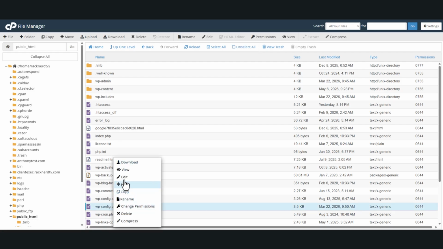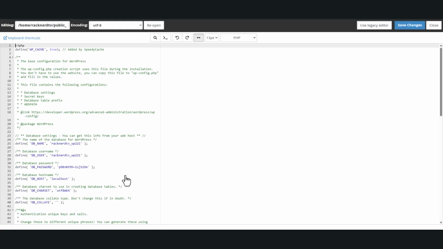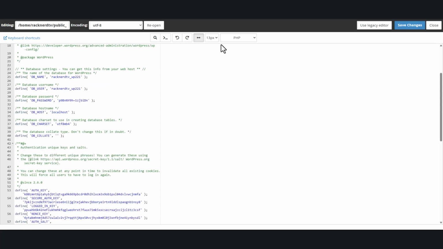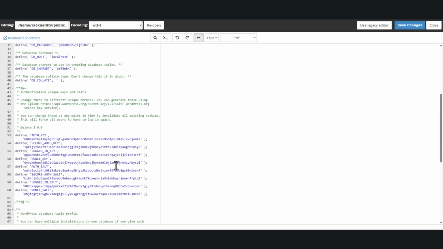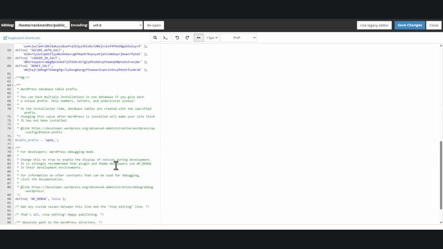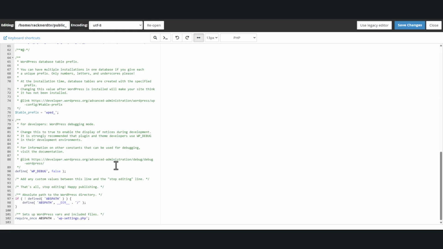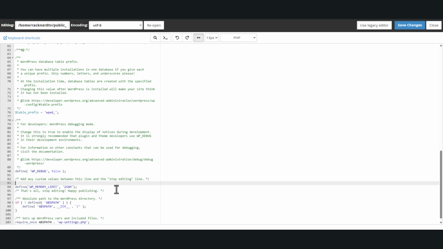Inside your website root folder, look for the wp-config.php file, right-click on it, and choose Edit, and then confirm the edit if there is a warning that appears. When the file opens, scroll down towards the bottom until you see a comment that says something along the lines of "That's all, stop editing, happy blogging." Just above that line, add the following line. This tells WordPress it's allowed to use more memory. Once you add the line, click Save Changes, close the editor, and refresh your website to see if the error